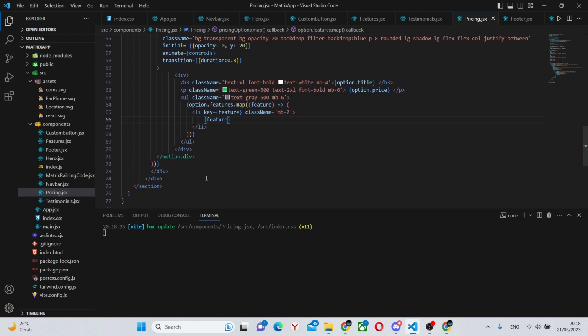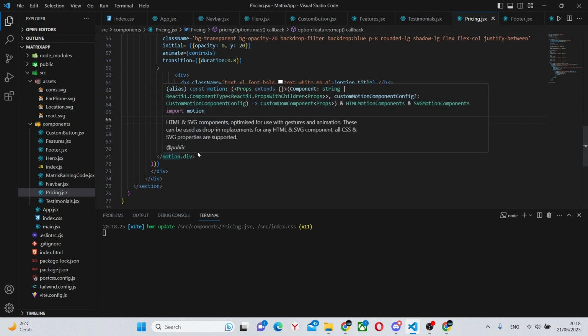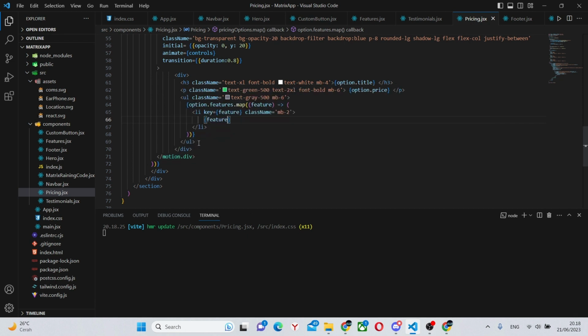Also, we can actually move out of all of this, outside of the UL, and under it, we can create another div. This will hold a motion.button.